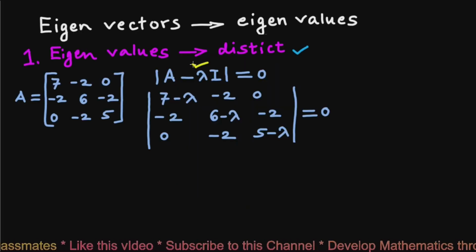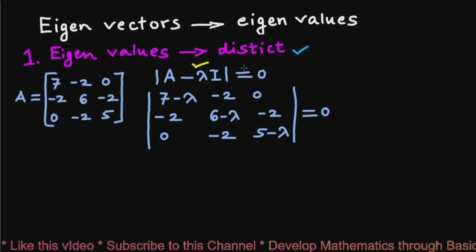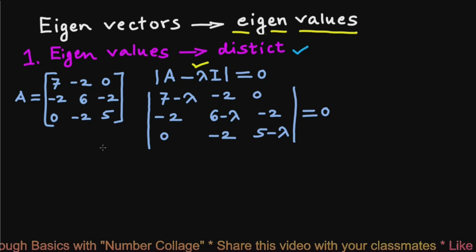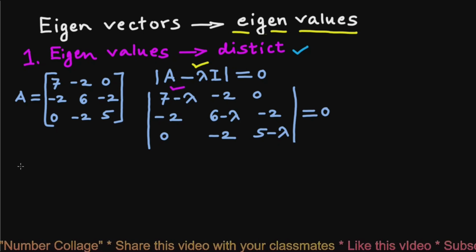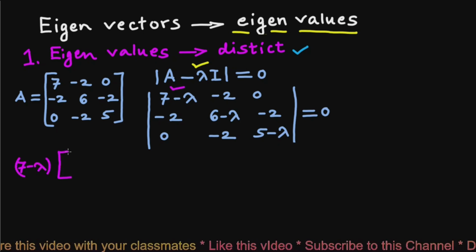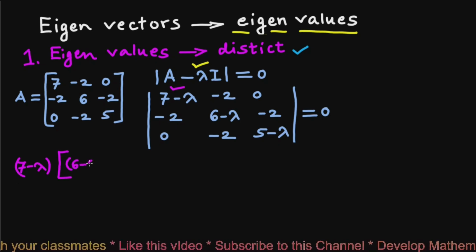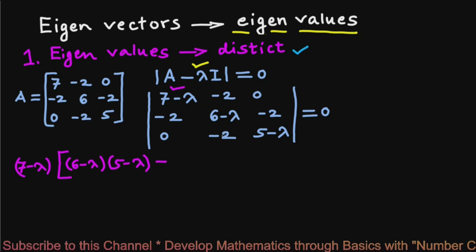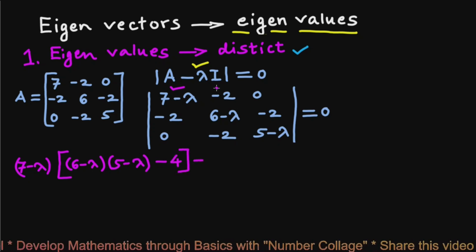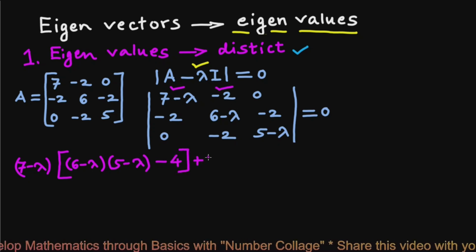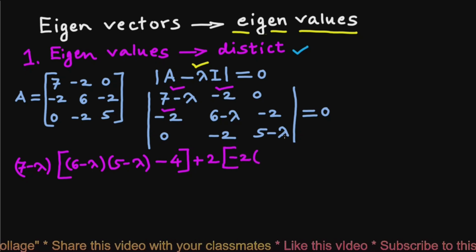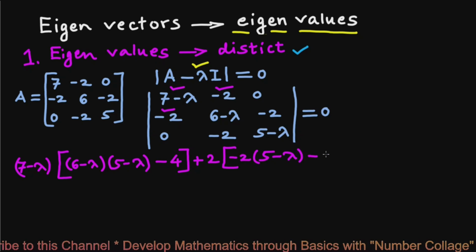Here lambda will be the root of this characteristic equation, which we call eigenvalues. Let us expand this determinant. We write 7 minus lambda multiplied by 6 minus lambda multiplied by 5 minus lambda, minus 4, minus this minus 2, which will be plus 2, multiplied by this minus 2 multiplied by 5 minus lambda,